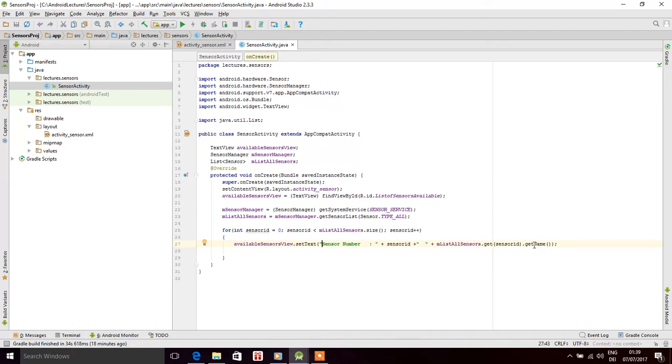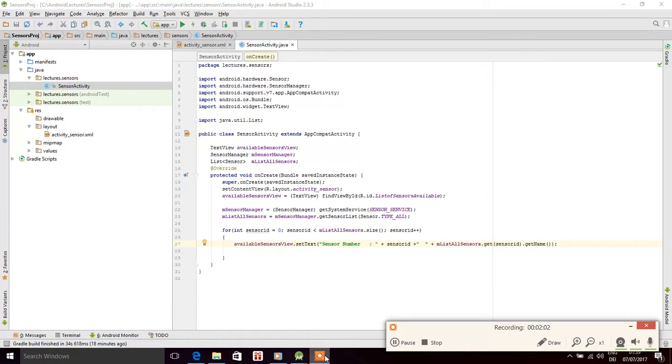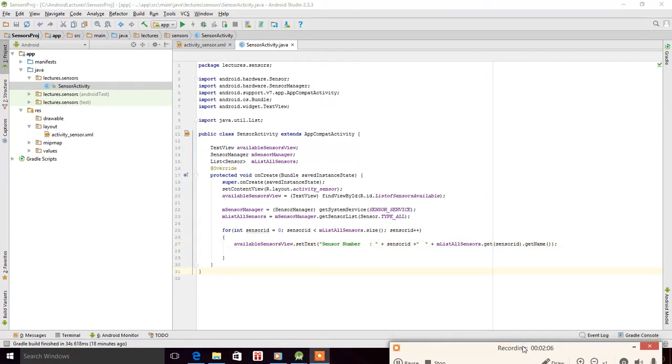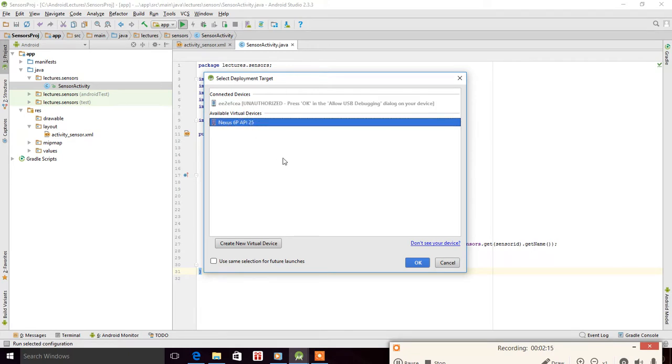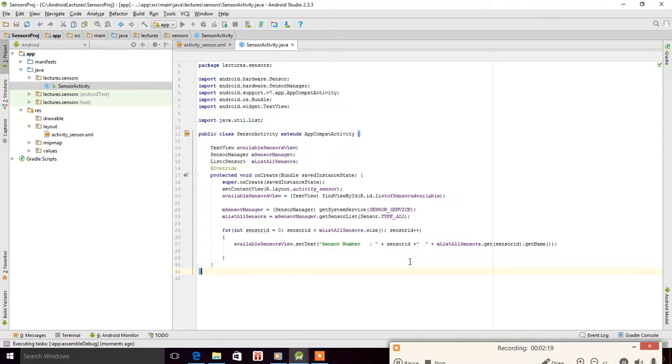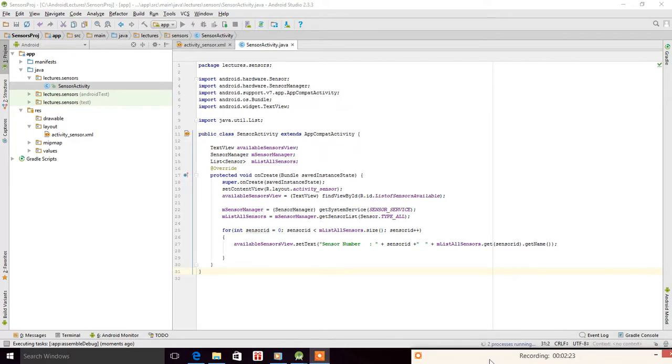Pick the list from the index 0, and then from the index 1, and from the index 2, and like this. It is going to fill all our UI with all the available sensors. Now we run our project. We have to select this one. This is our available virtual device, Nexus 6P API 25, and we run it,